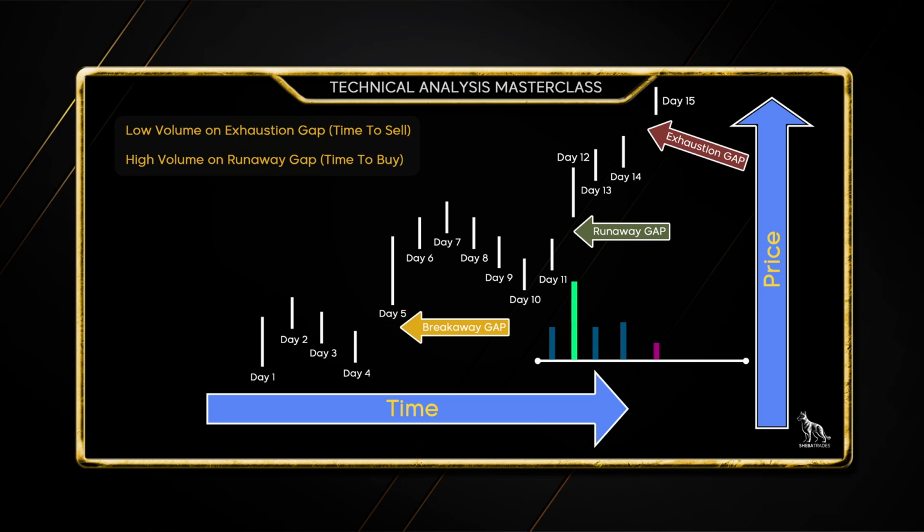So when you're trying to decide, am I looking at potentially a runaway gap or an exhaustion gap, look at the volume on the particular security leading up to this. If you see a spike in volume that is way above average that occurred with the gap, then that gap in this case could be a runaway gap or a breakaway gap. But with an exhaustion gap, that volume is lethargic.